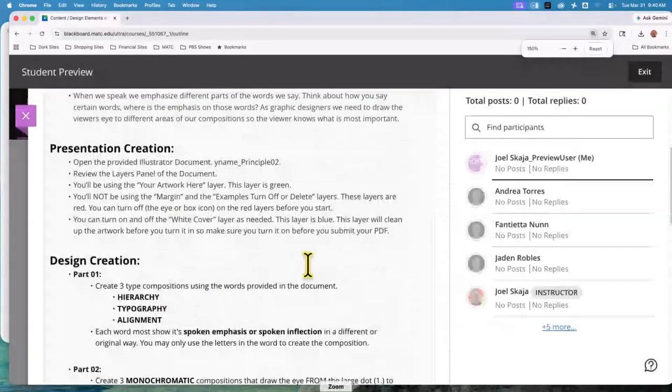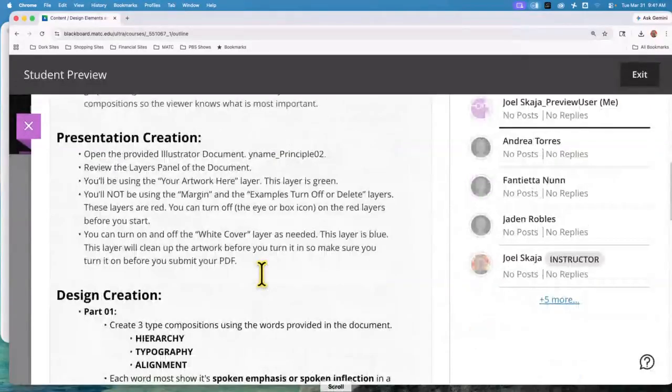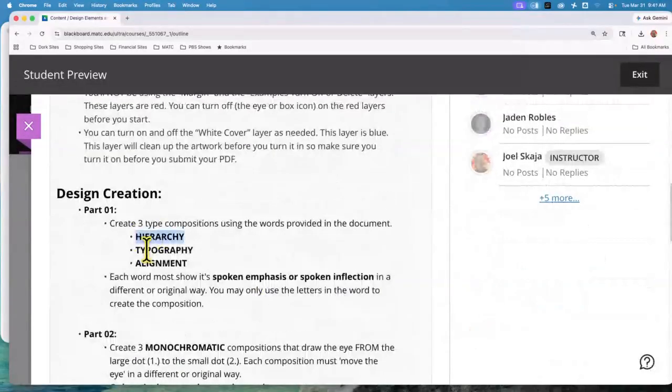The first one, you're going to be using typography, all right? And I want you to make these words as you would say them. Emphasis and focal point. When I talk, I use a lot of emphasis in words. It's how you enunciate. And again, it's the robot speak. If I were to talk like this and just say hierarchy, typography, and alignment, like that's it. But I say hierarchy,